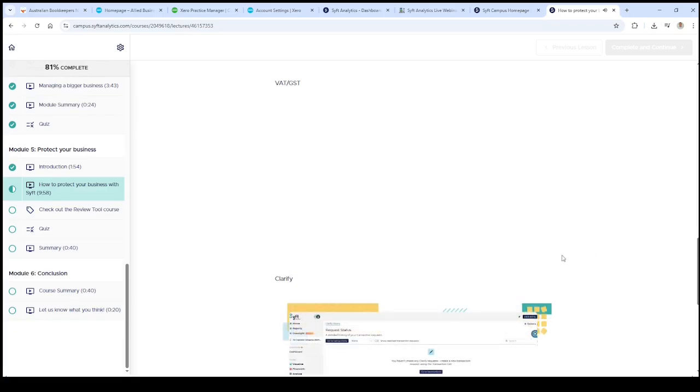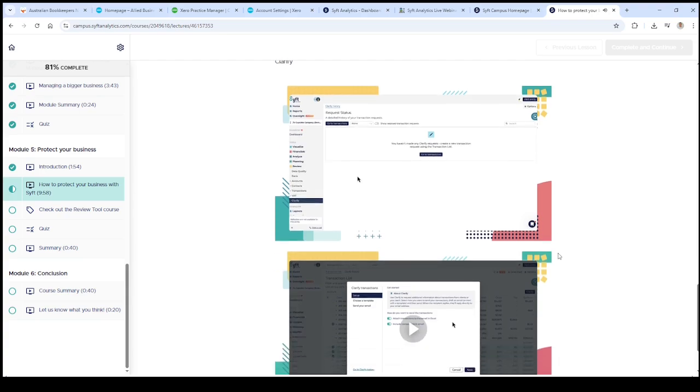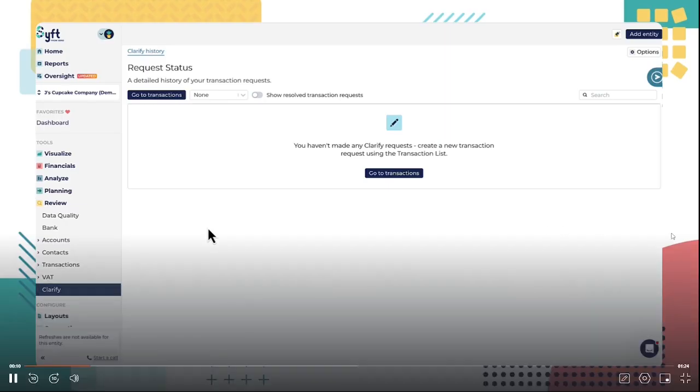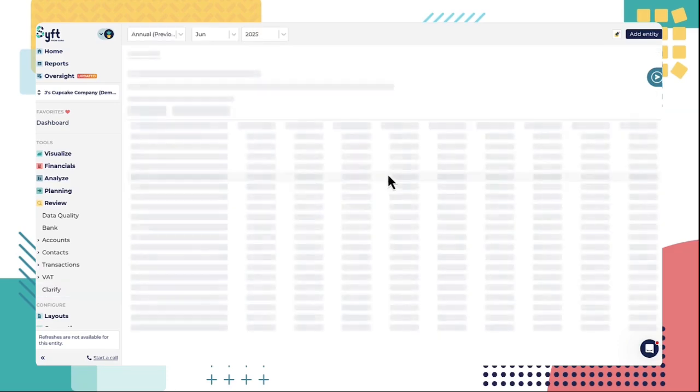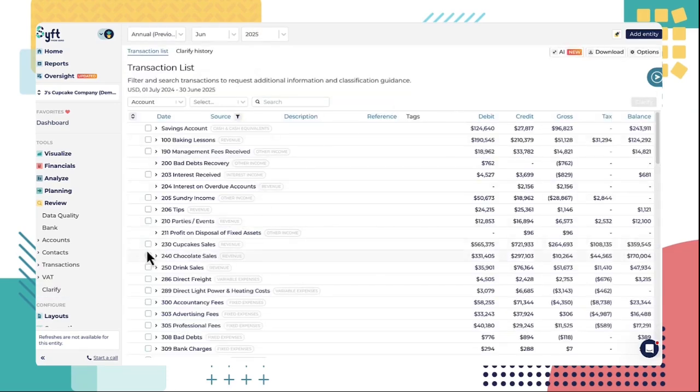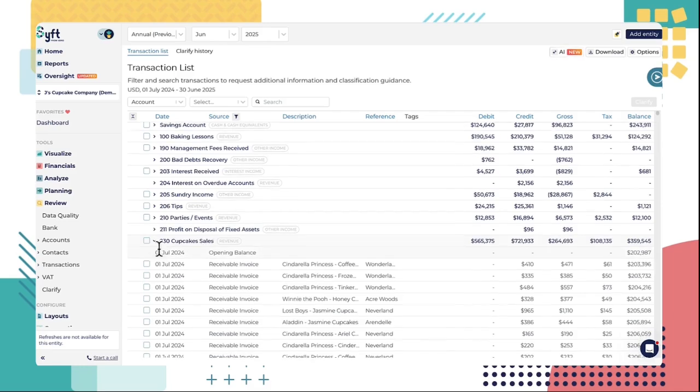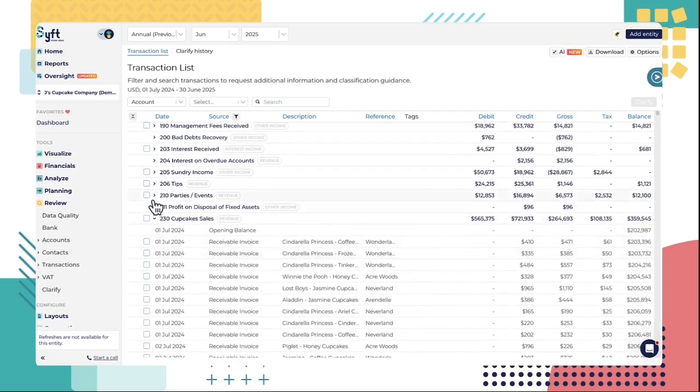Under review, in our Clarify section, you can engage with your clients or your team to help understand certain transactions. Let's have a look at how you can do that. Firstly, if you haven't raised any requests yet, you are going to navigate to your transaction list. On the transaction list, you will be able to select specific transactions for review, maybe entire accounts, or if I just want to have a look at everything that Cinderella bought that is aligned with cupcake sales,